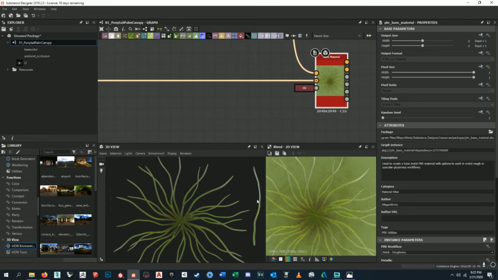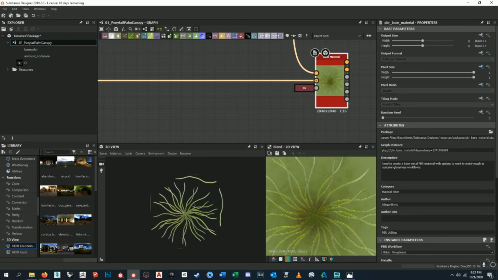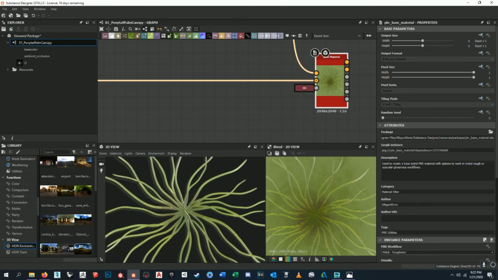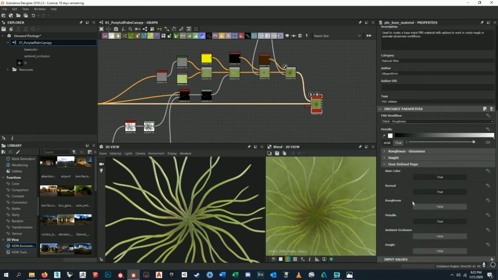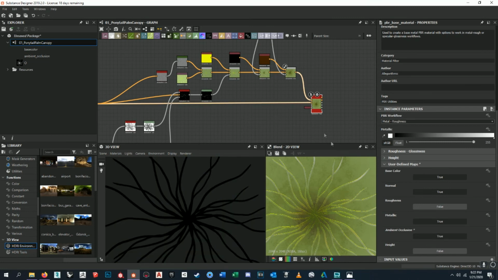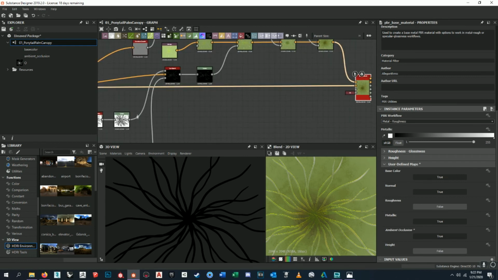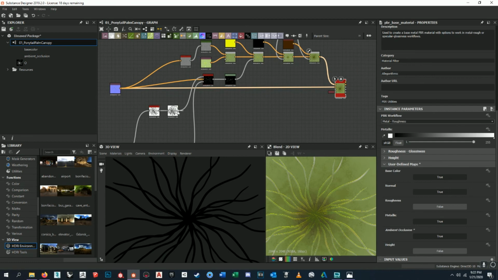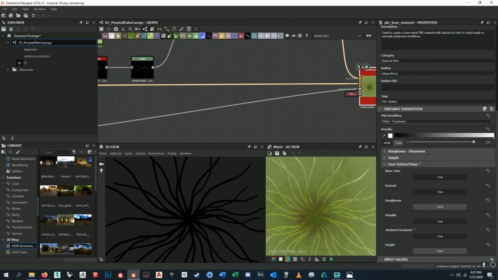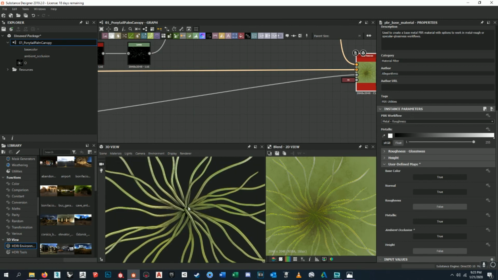I might tone this down a little bit, but it honestly looks pretty good in the viewer here. One thing that we will need though is a roughness map, as well as an ambient occlusion. So we did that whole thing without an ambient occlusion map, but we already have one, which is our output from our levels back here. So let's just plug that into our ambient occlusion. And now you can see we're getting some nice shadowing